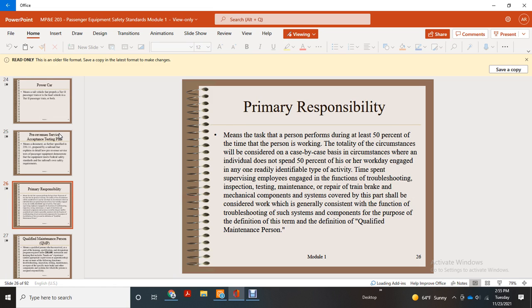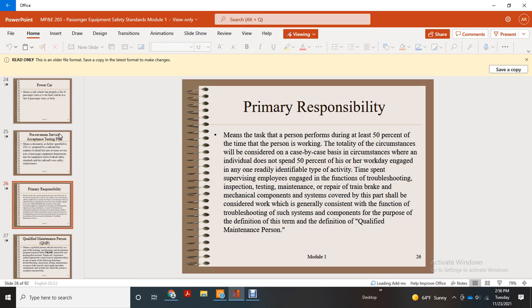Primary responsibility means the task the person performs during at least 50% of the time that the person is working. The totality of the circumstances is considered on a case-by-case basis where an individual does not spend 50% of his or her work day engaged in any one of the readily identifiable types of activity. Time spent supervising an employee engaged in the function of troubleshooting, inspection, testing, maintenance, or repair of train, brake, and mechanical components